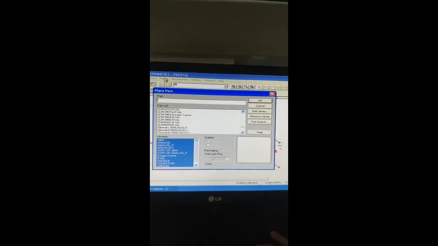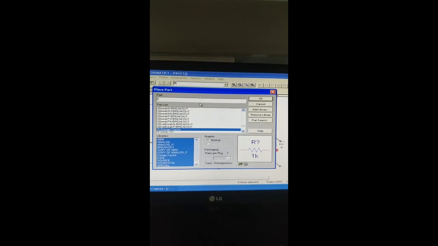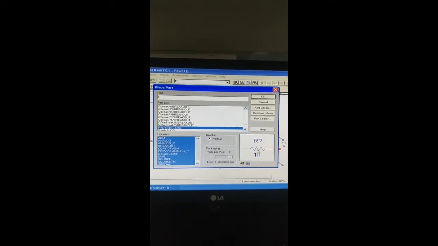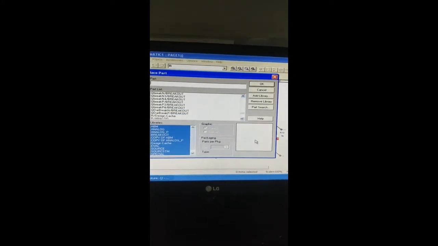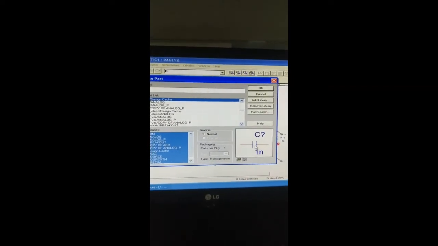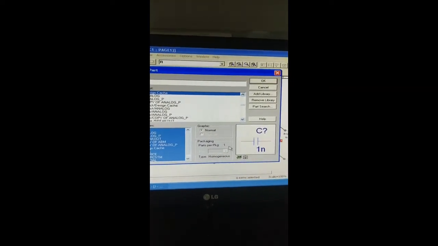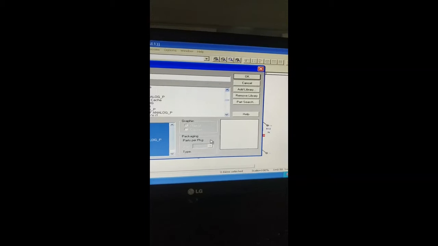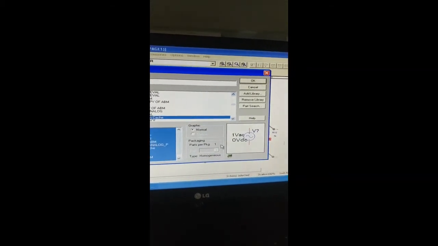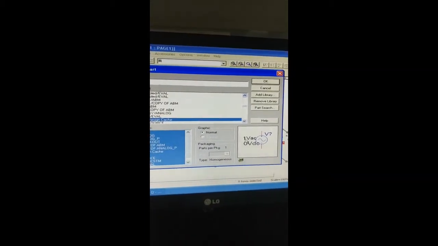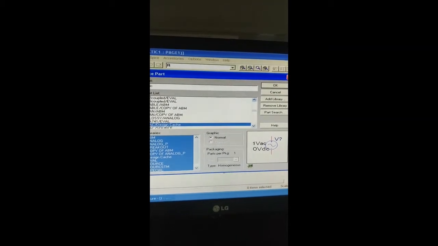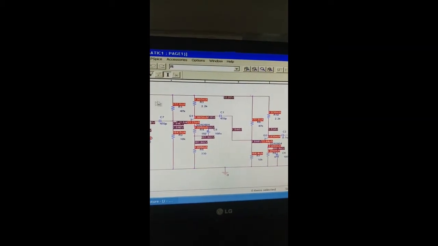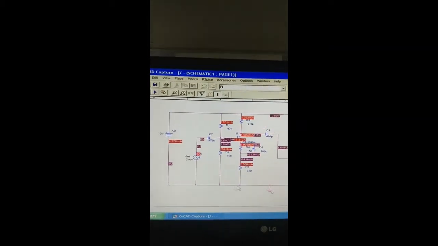Then just type R in order to get a resistance, type C to get a capacitor, and type VAC to get an AC voltage. After taking all the components, press W to make wire connections.